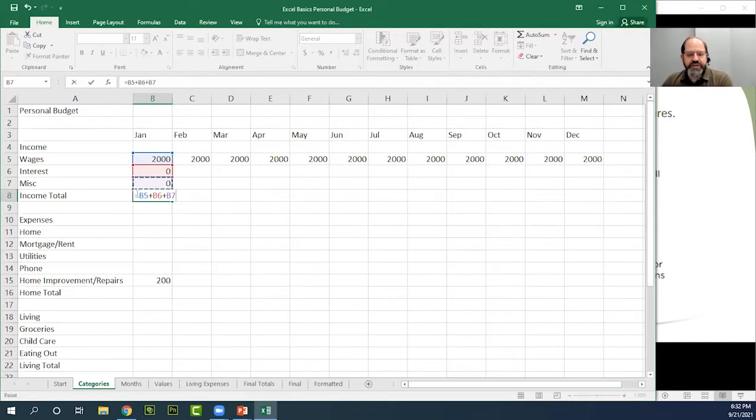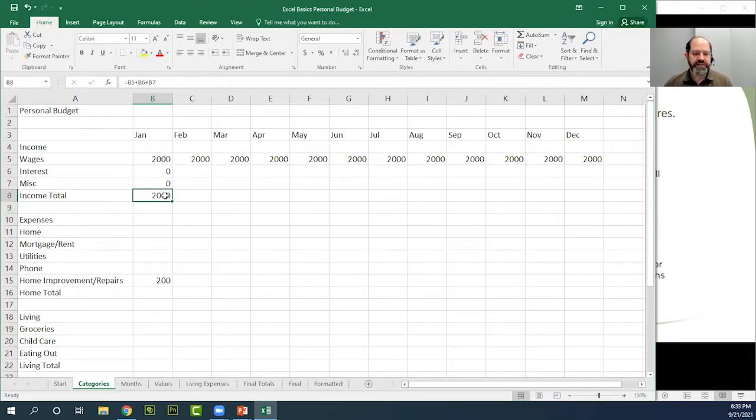Now you could type this out just as it appears. But I would encourage you when you're starting out to click on the cell that you want to calculate from, because you're less likely to make mistakes that way. Typing leads to typos inevitably, and it's a little harder to make a mistake when you're clicking on the cell that you want to calculate with. Then I'm going to hit enter